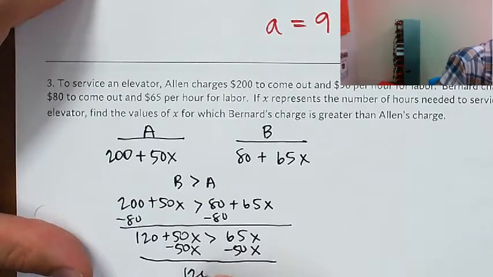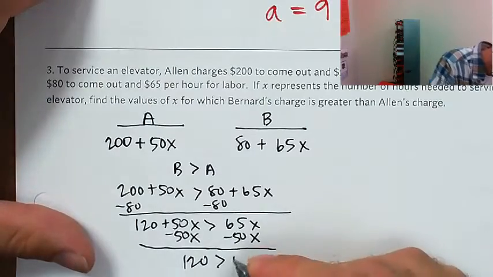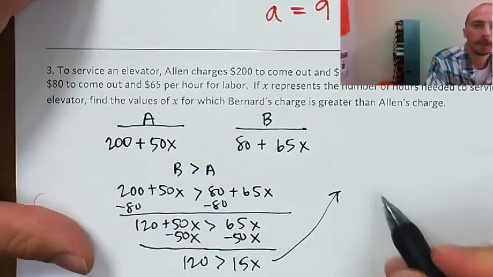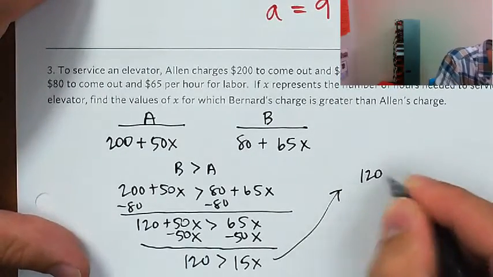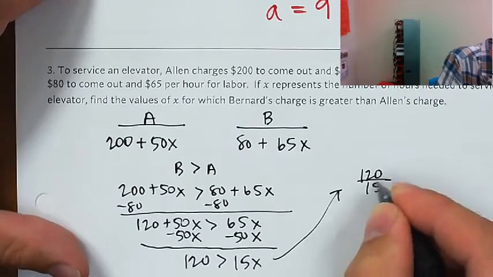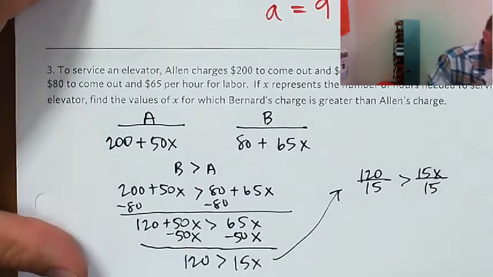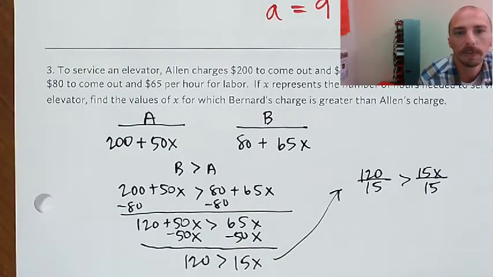Okay, and that's going to be 120 is greater than 65 minus 50. That would be 15x's. Okay. I'm going to need some more room, so I'm going to come up here. And I'm going to need to divide both sides by 15. Now I know how to do 15 divided by 15, 120 divided by 15,